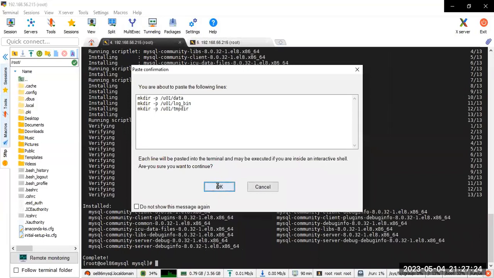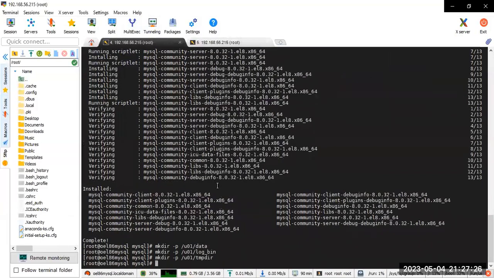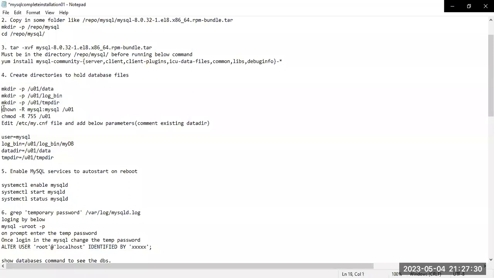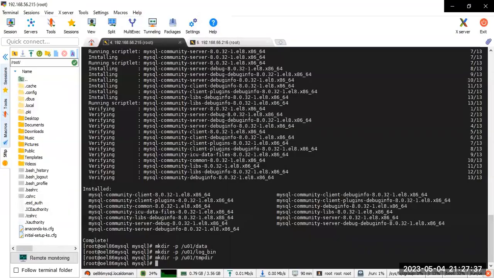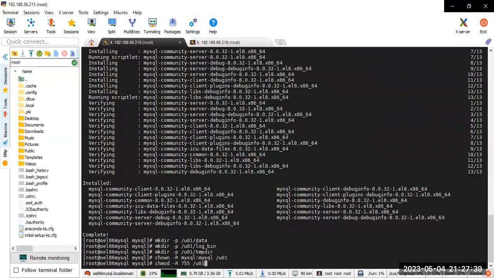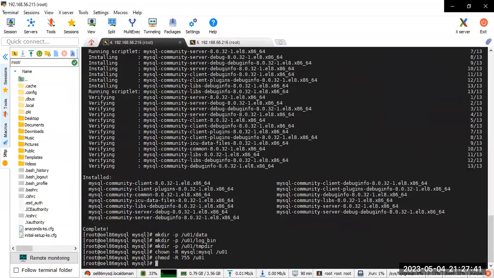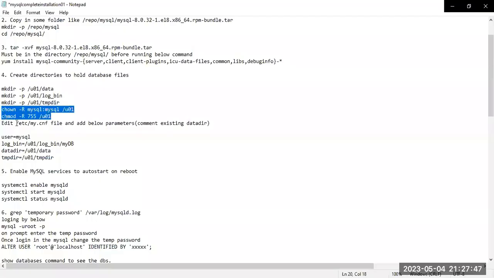Okay, now the installation has finished, and we're creating the directories data, log, bin, and tmpdir, and now we are changing the ownership. Okay. /u01 is our non-default location for the data, log, bin directory and tmpdir. We'll go to